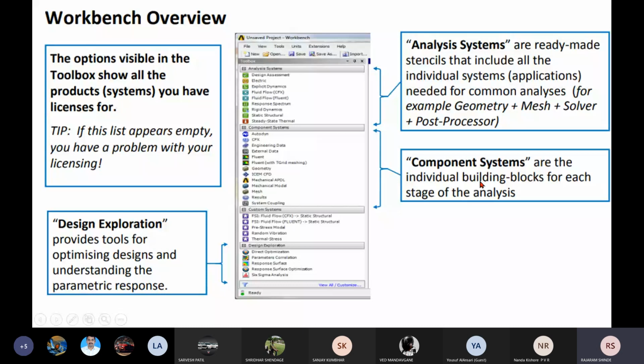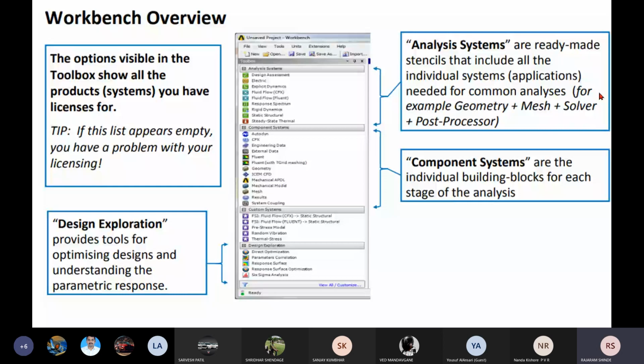That means if we need geometry or mesh or solver or post processor for any analysis system, that individual block we can open from the component system. Geometry we can open from the component system, mesh we can open from the component system.